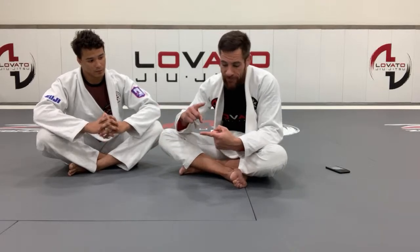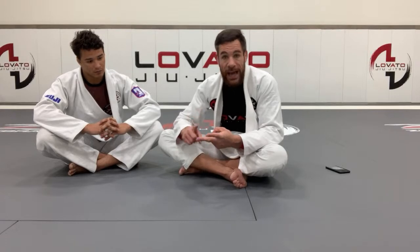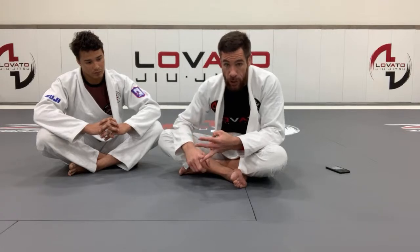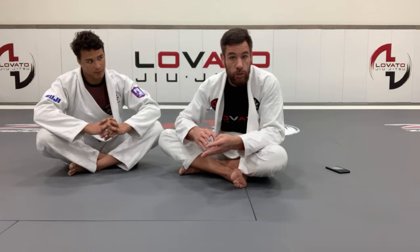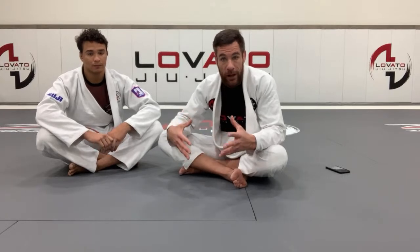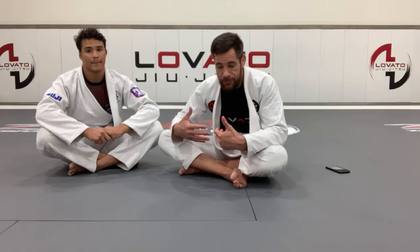you doing? First, you're having to sweep or take down, all right? You have to get on top. You have to pass their guard. You have to not let them recover their guard, keep them flat, not let them turtle, progress from the side or from the half to the mount without getting bridged. You have to keep them flat. And then once you're in the mount, you have to control them, maintain that position, not lose it, and then